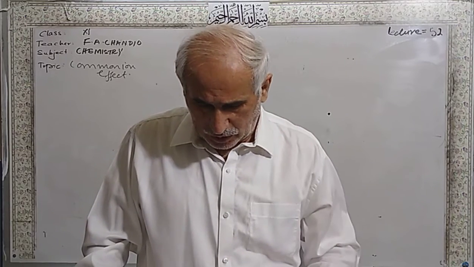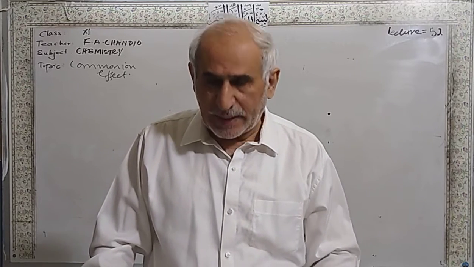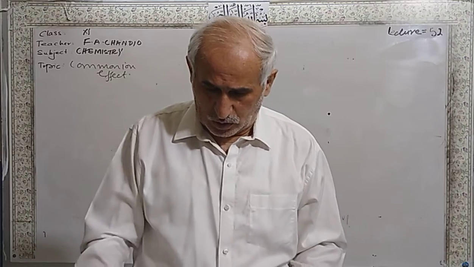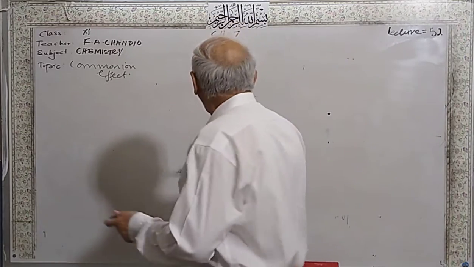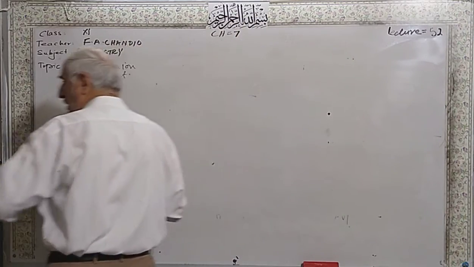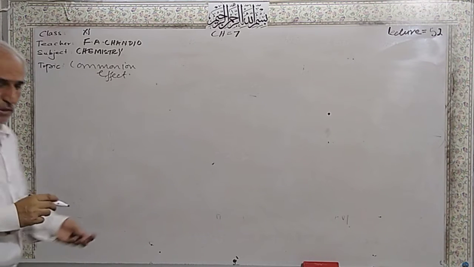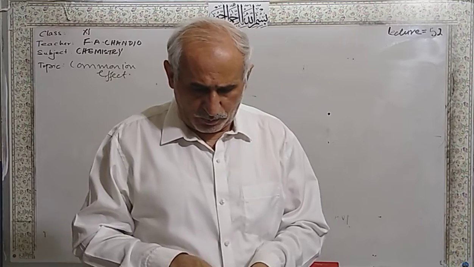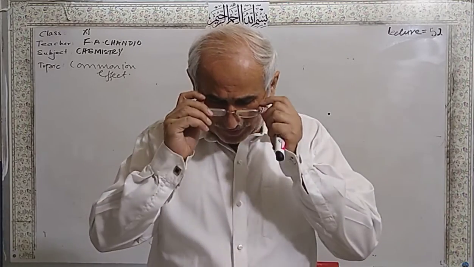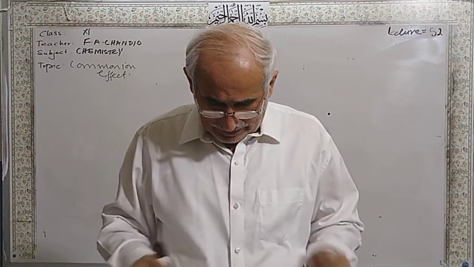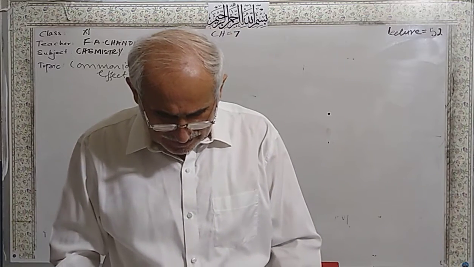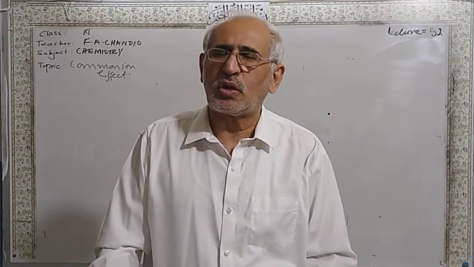This is chapter number 7 for grade 11, and this is lecture number 52. The last topic we are going to do is the common ion effect. So you know the common ion: the ion which is common in both chemicals. In the common ion effect, an interesting situation arises when a weak electrolyte,